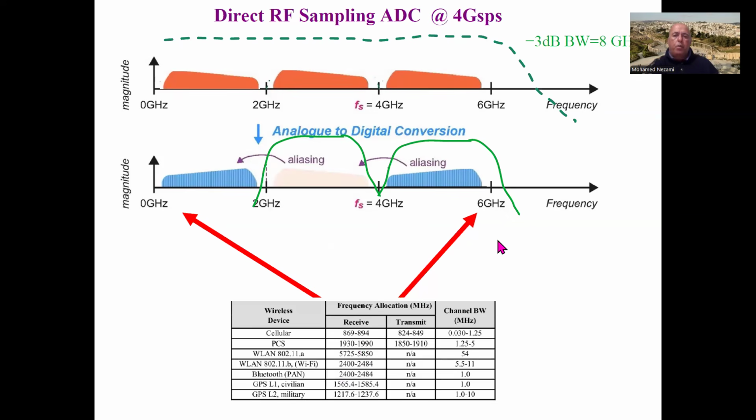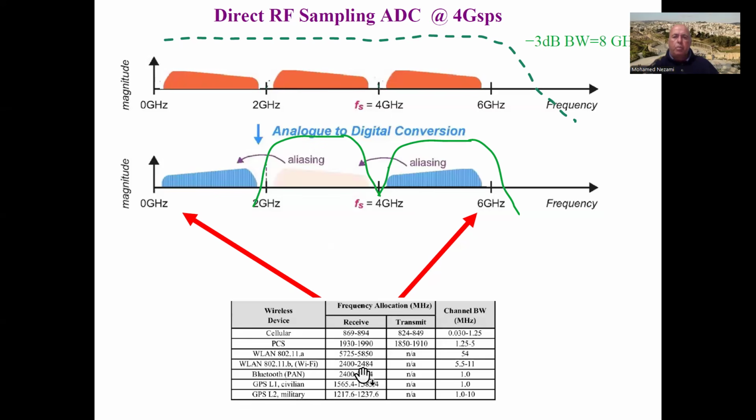Most of this stuff you really can do with a sampling frequency of 4 gigasamples per second. So if you get an ADC, which I will show you, these are readily available from TI and Analog Devices and AMD, if you have a bandwidth of, say, more than 6 gigahertz,